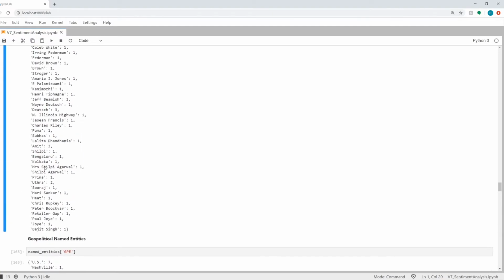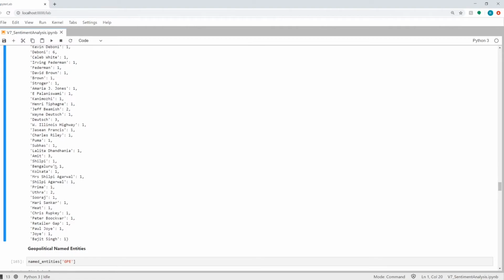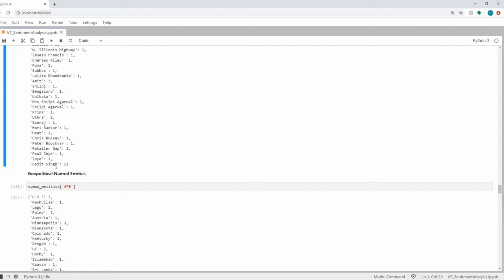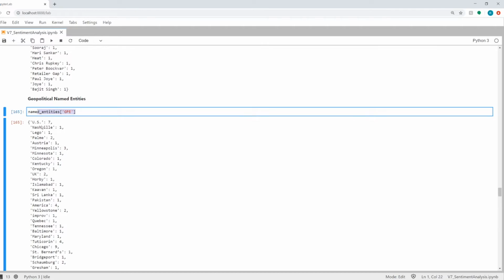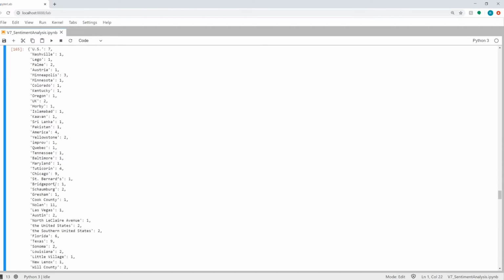But mostly it's correct. Sometimes it doesn't work perfectly. Nothing is perfect, so you have to live with that and fine-tune your models as per your application. And here I'm showing all the geopolitical entities. Here you see all the states and cities which it found in the text.